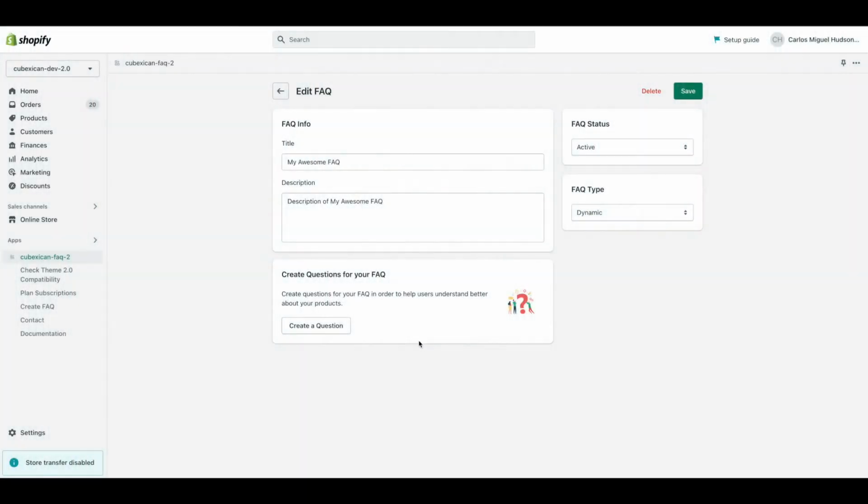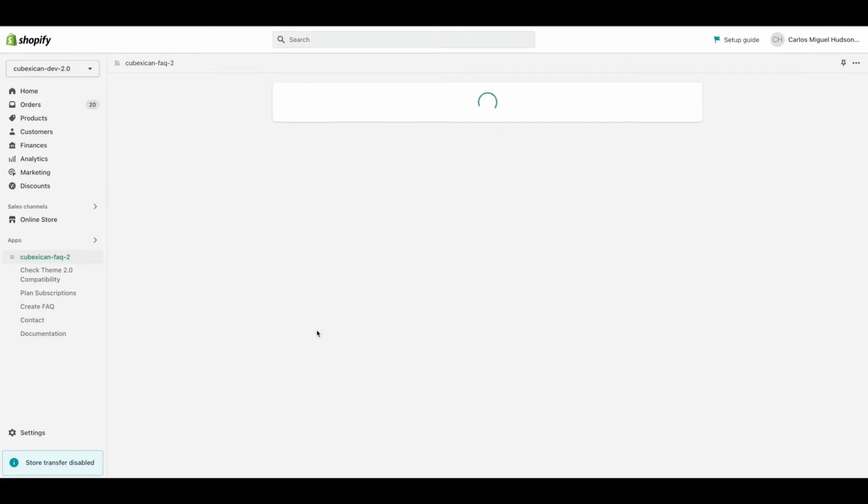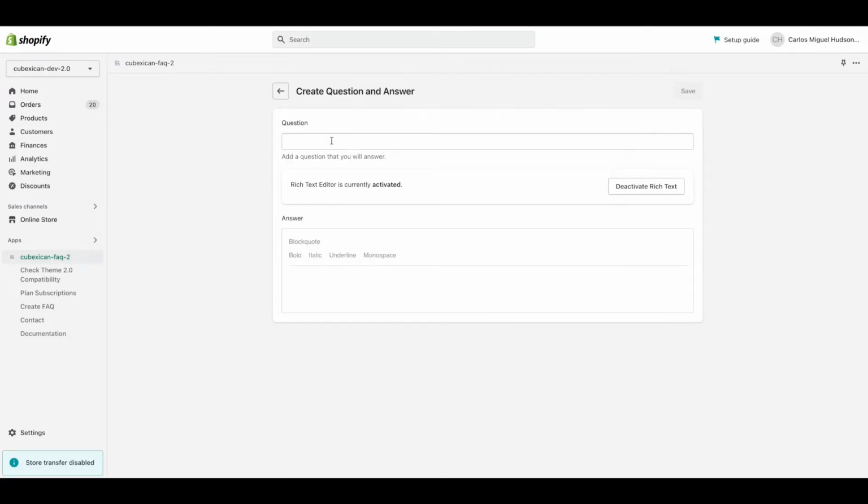We are going to create questions for this FAQ. We click on create a question. For the purpose of this tutorial, we're going to create two questions. We are going to input my first question, and then we need to input the answer. So right here, because we are users with a pro subscription, or professionals, we can select between two types of text areas. In this case, because we are pro users, we have a pro or rich text, where you can, for example, use bold